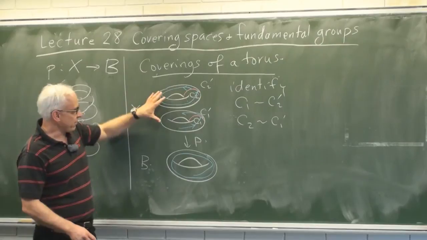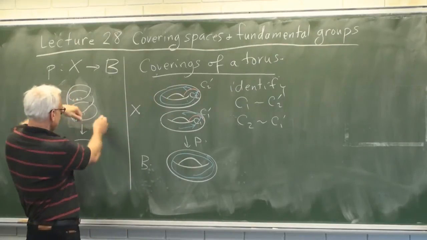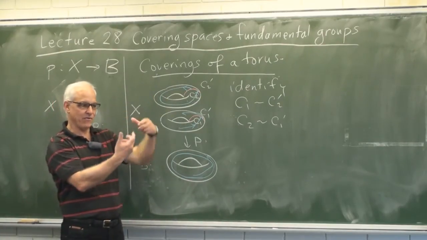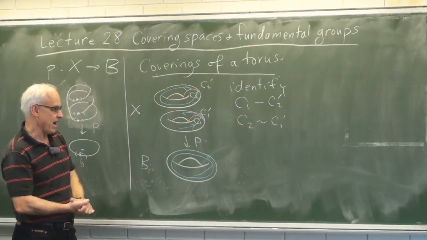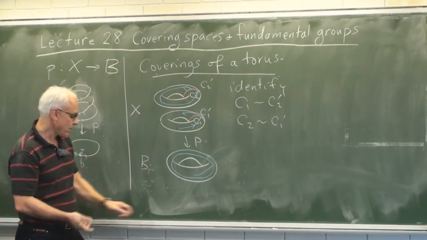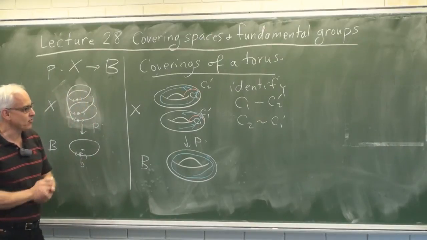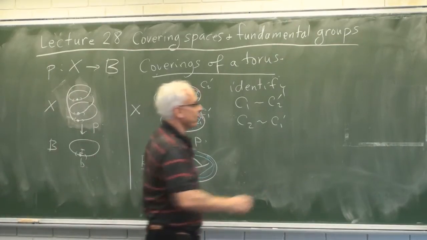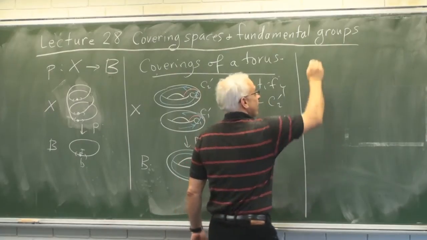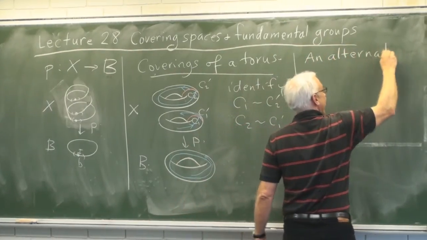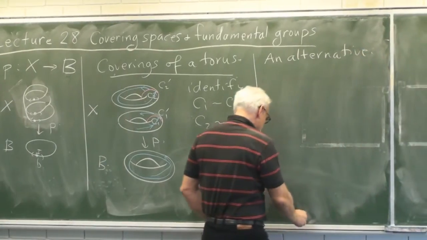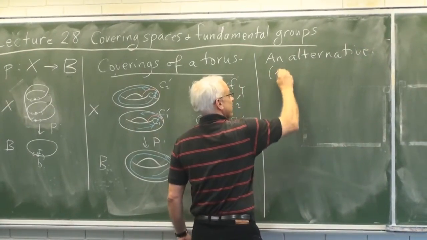All right, so this is one way of creating a covering space without having to try to draw something that's self-intersecting, and we can pretty clearly see the covering aspect. There's quite another way of drawing a covering of a torus, which I also want to show you. So an alternative is to work completely in the planar situation.